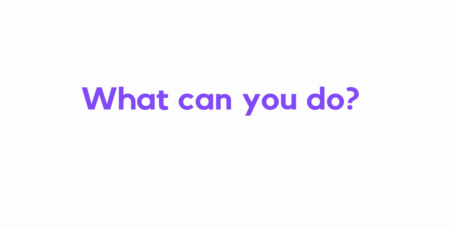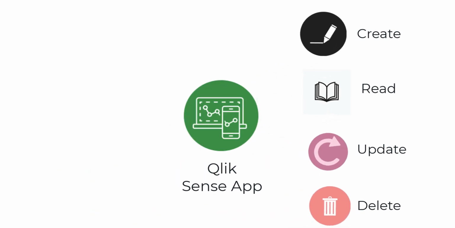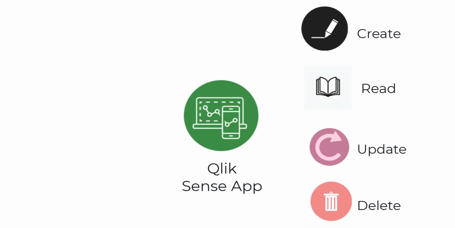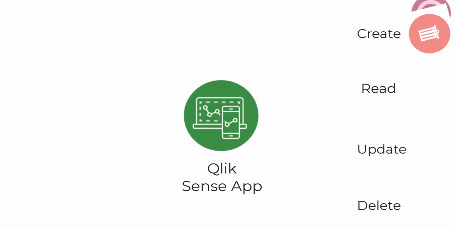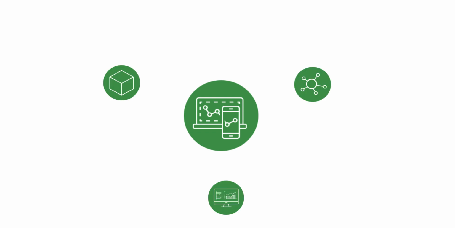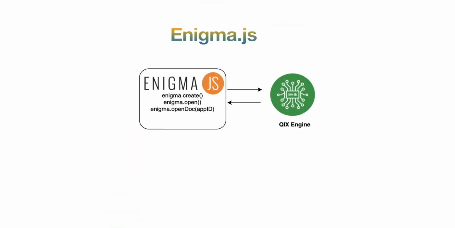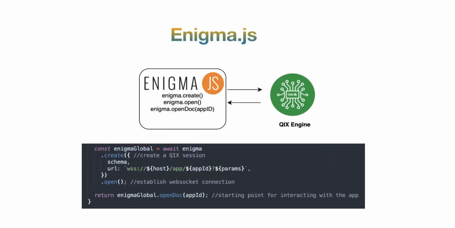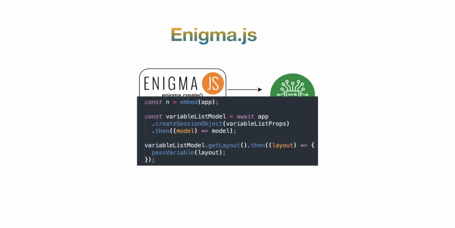So what are some of the tasks you can do using Enigma.js? The Enigma.js library can be used as an SDK or to do CRUD, that is create, read, update and delete operations on apps and on app entities. Some examples of using Enigma can be dealing with Hypercube data, getting an app model for Nebula.js, or listing out